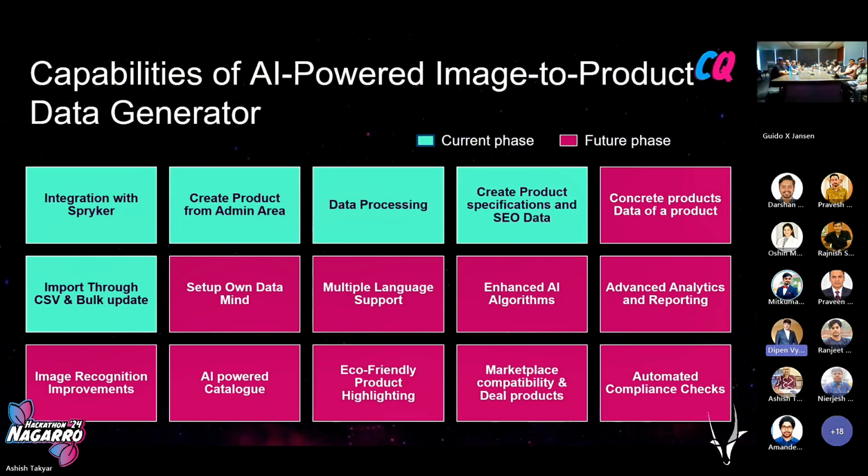We are providing images to Gemini 1.5, and in return we are getting the response of the fields we requested. Here we are requesting name, description, meta information, attributes, colors, all that information from Gemini. And most of you are aware that Gemini is multimodal AI functionality, and we have utilized those